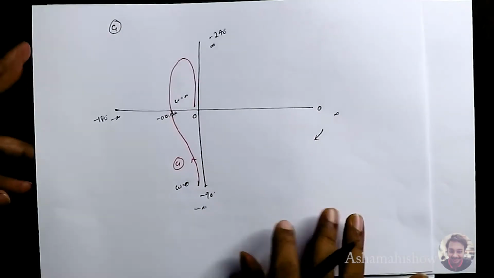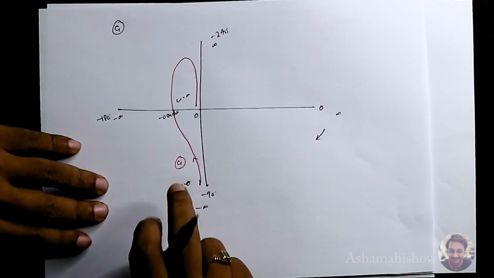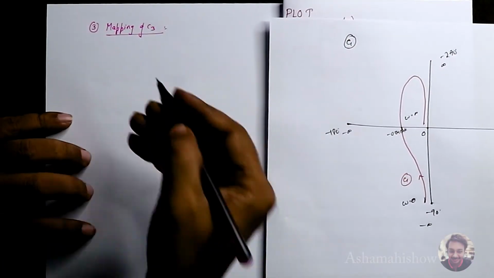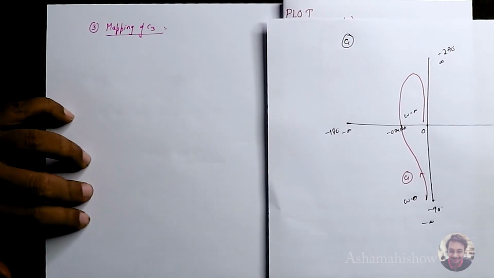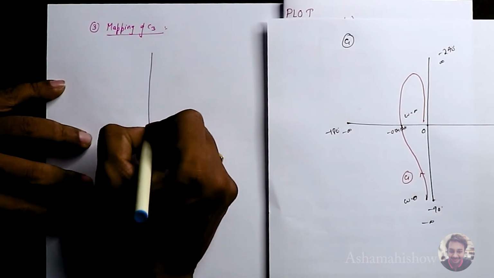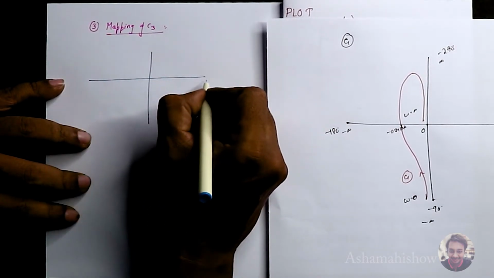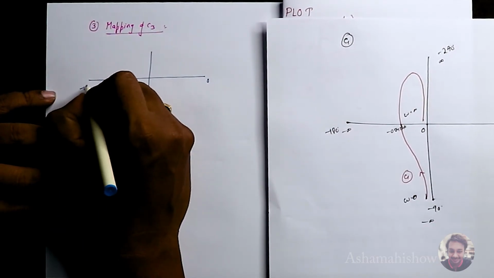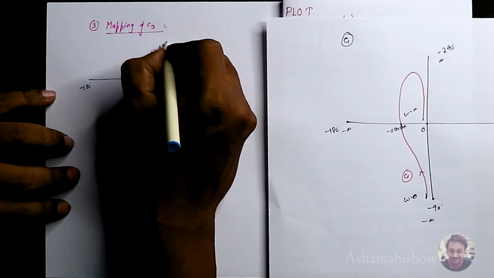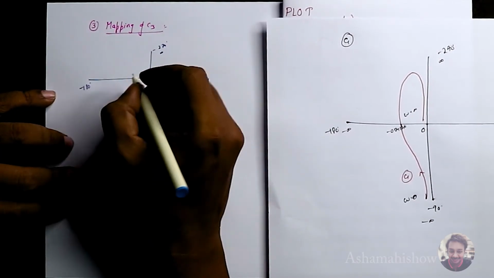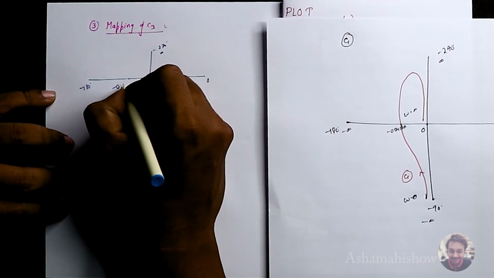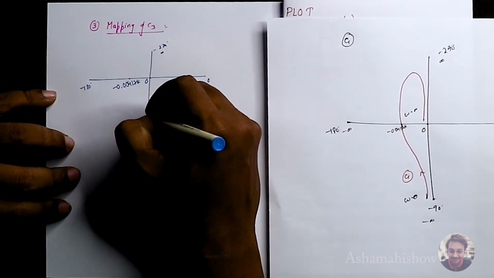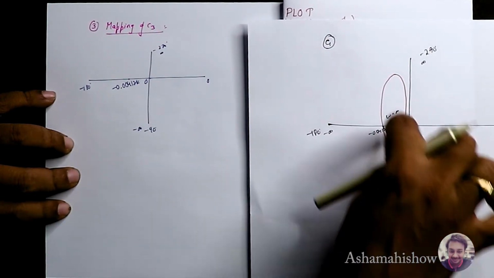So this was the C1 part what we got. Your C3 will be a mirror image of this. Let me keep it here and let me draw. This is very simple. You have to do like this. You shouldn't do a direct thing. Never do it. This is minus 180 and this is minus 270, this is infinity and this is 0. My crossing point is minus 0.00417k, which I got as the crossing point. So my C1 is like this, right?